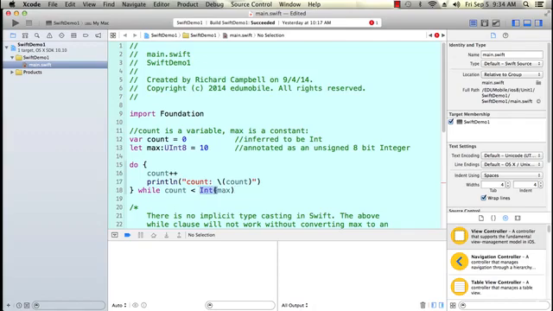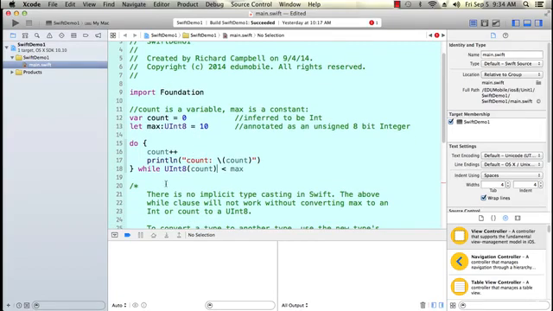Another way to do that, same thing, well, not quite the same thing, but you get the idea, is to cast count as an unsigned 8-bit integer, and we do it exactly the same way. And that would work as well. So there is no implicit cast typing or typecasting in Swift. We've already seen that. The above while clause will not work without converting max to an Int or count to